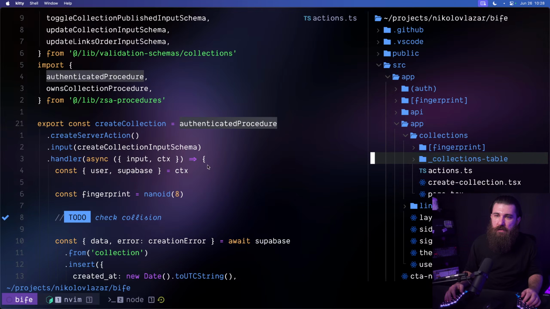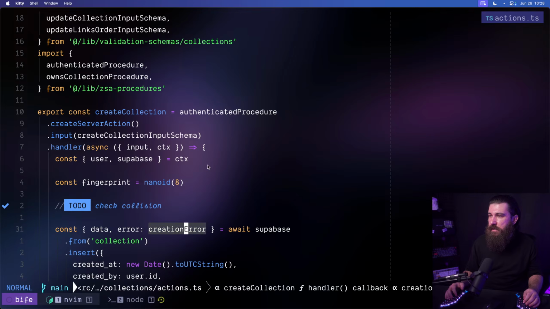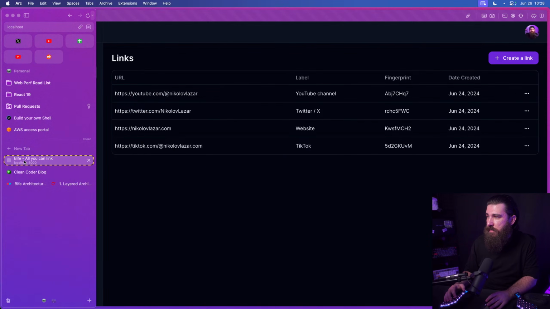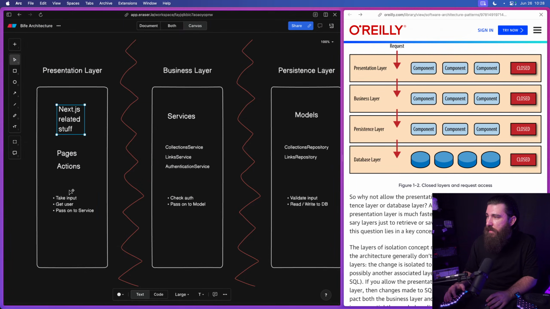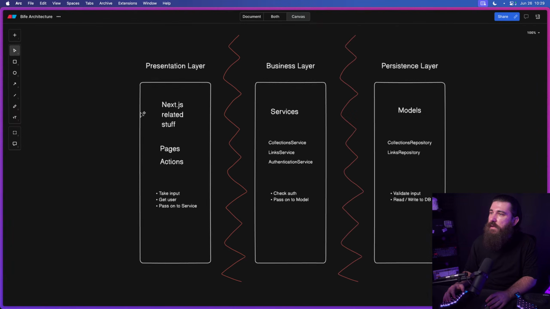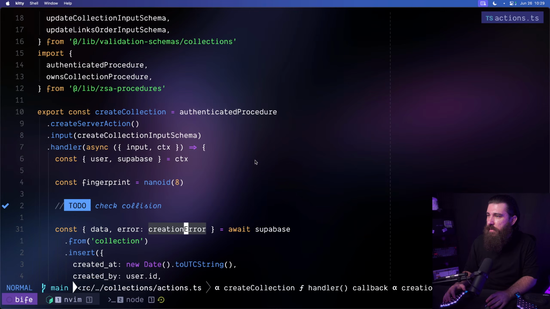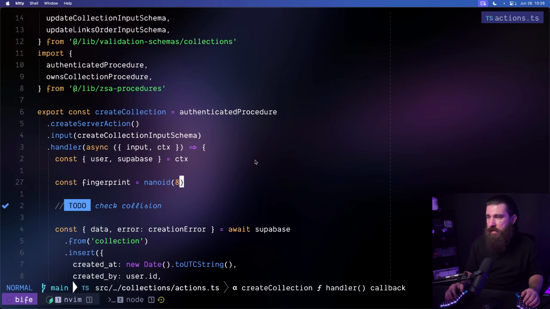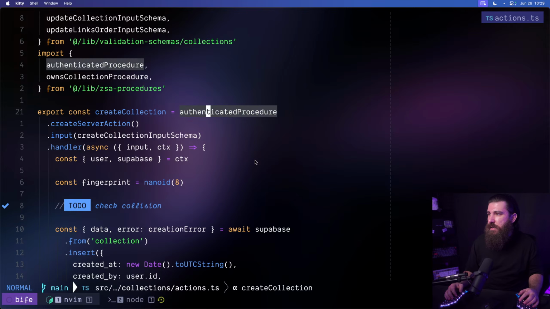And right here, I have my collection actions. So in app/collection/actions, I have everything here. And we mentioned that actions are going to live in the presentation layer. But right now, everything happens inside of the actions. So we need to break apart a lot of things. First, I'm using this authenticated procedure